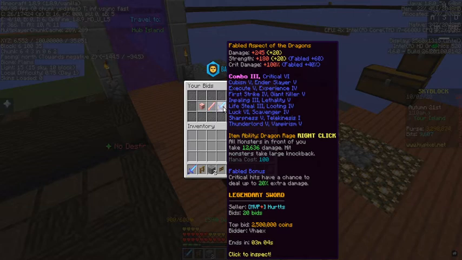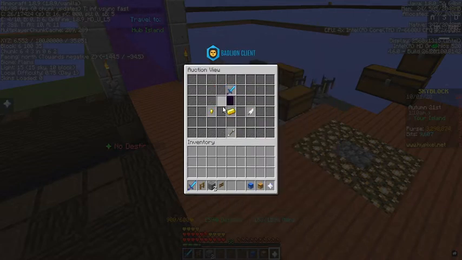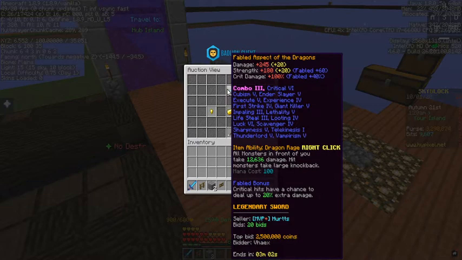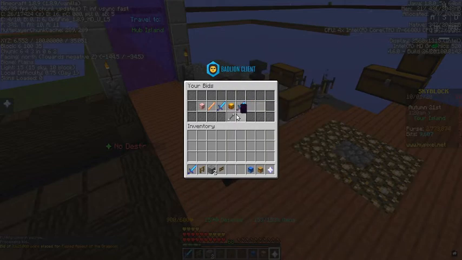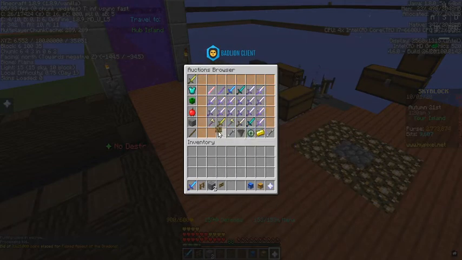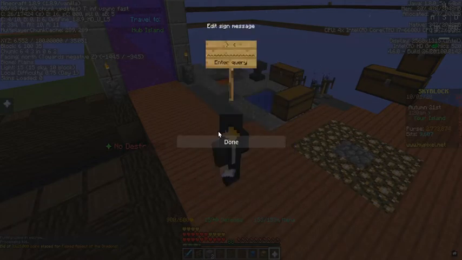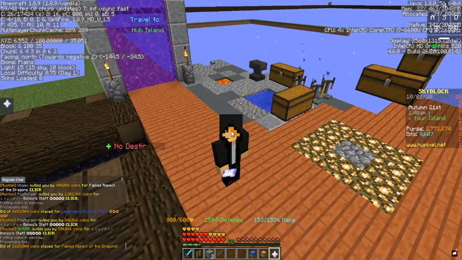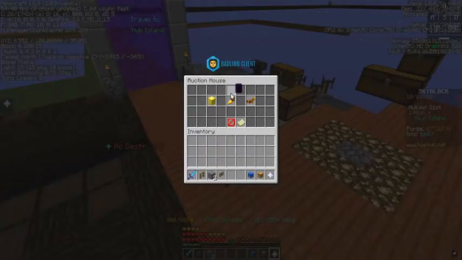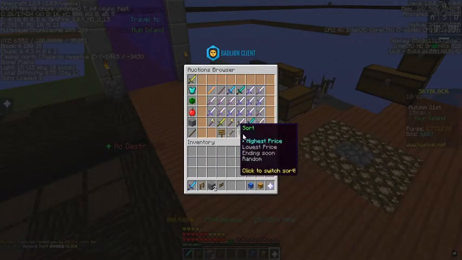So this one, we might bid one more, probably not. Let's double check though. It is fabled. I'll bid once more. The fabled enchant costs 1.5 million, and it's totally worth it. It's a really good enchant, so that's why adding fabled adds value to your weapons, except for the Warped Aspect of the End. Warped is the best by far. Okay, so